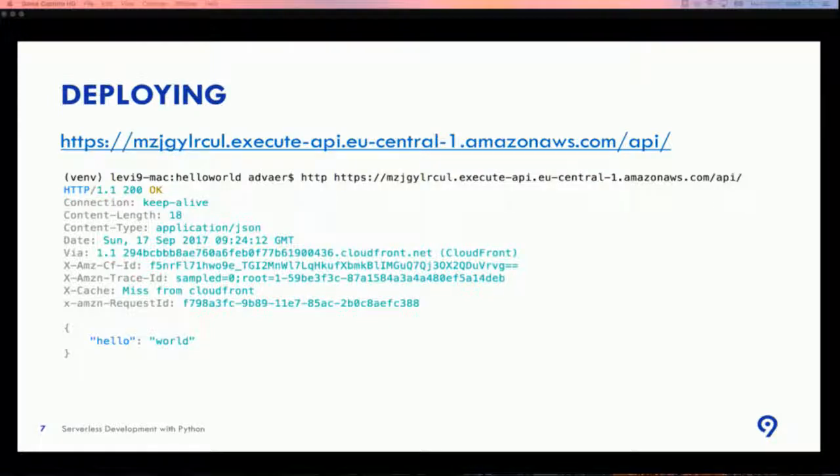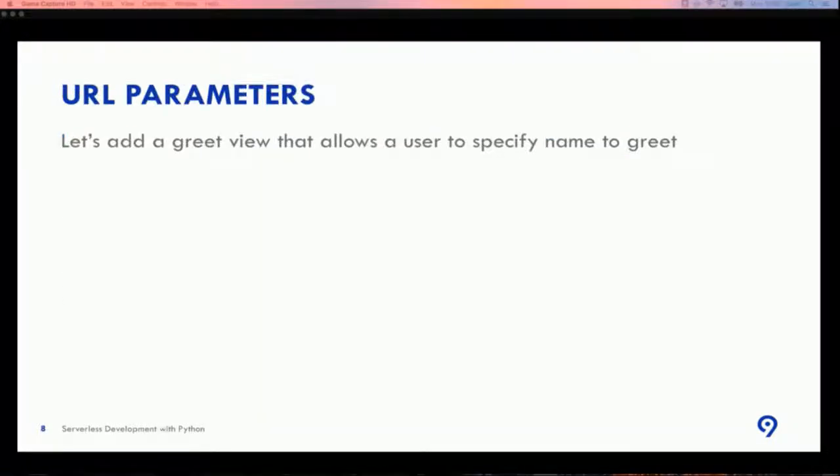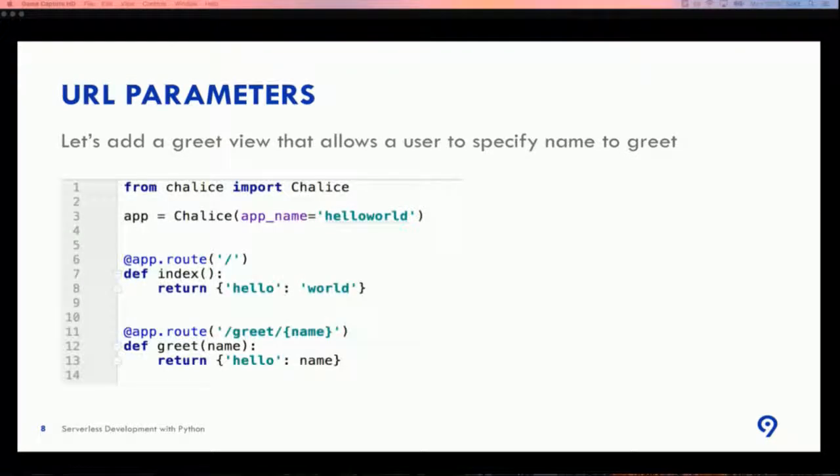As we can see, it works, actually from Amazon, because we receive the X-Amz headers and others with the response. Of course, it's not very interesting to create only a hello world application and call the root URL. We have to use URL parameters and other things, which at least I was used to doing in Django. So Chalice also provides this opportunity.